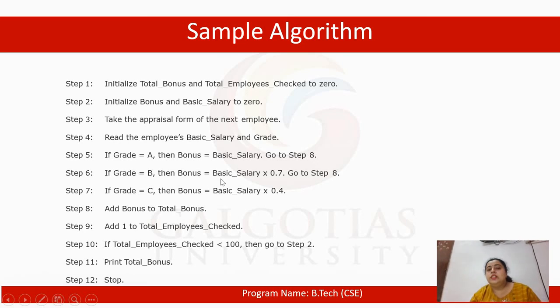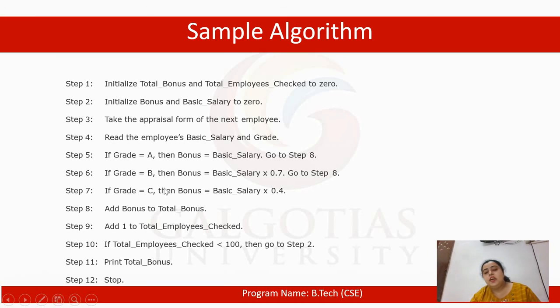If grade is equal to B, then bonus is equal to basic salary into 0.7. Why 0.7? Because, if you remember the question, the bonus was 70% of the basic salary in case of grade B. And in case of grade C, the bonus was only 40%. So again, in this case also we need to skip step 7 and go to step 8.